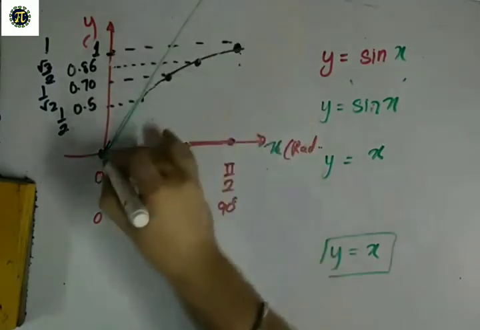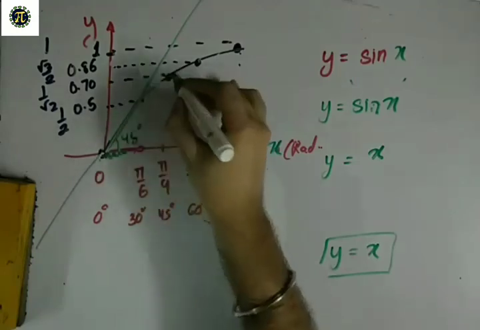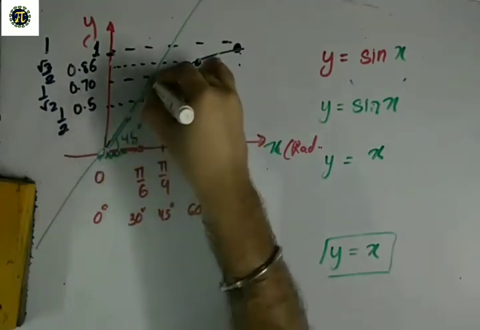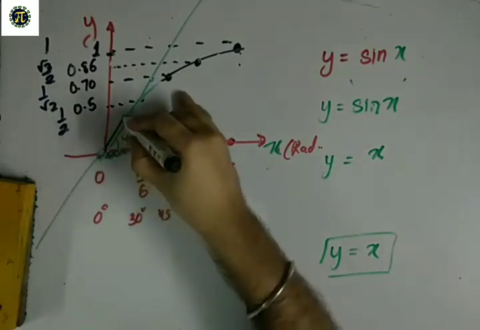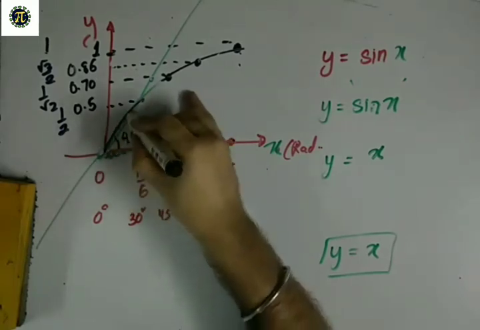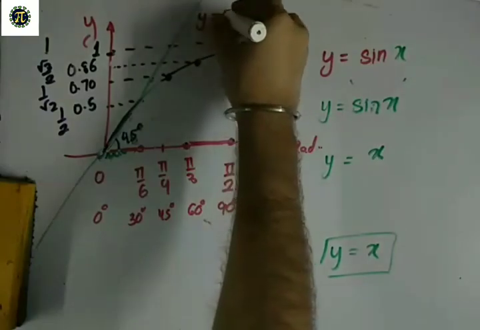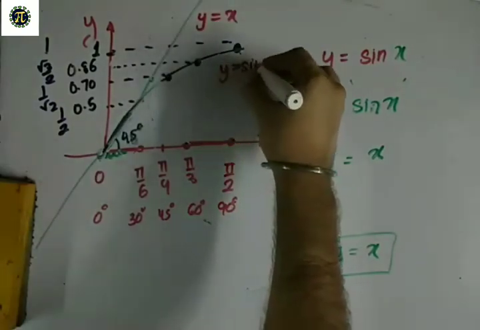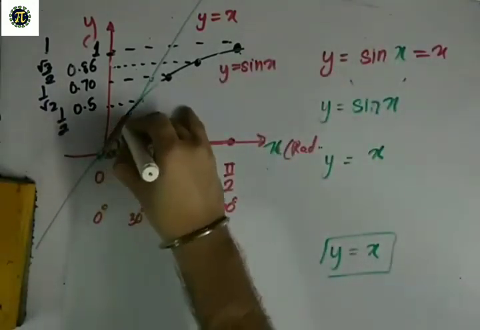We have all seen the line y is equal to x in our previous classes. It is a line that makes 45 degrees. It's a line that passes through 0, 0, 1, 1, 2, 2. So it's just saying that for very small angles sin x starts like this, at 45 degrees. It can be approximated as this straight line. Hopefully you understand that y is equal to x and y is equal to sin x are not equal. So sin x is not equal to x generally, right? It is only true for very small values.